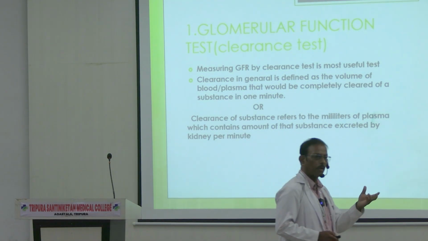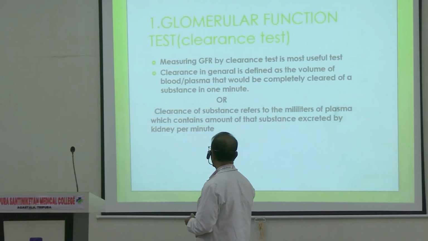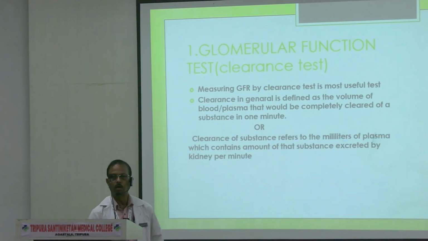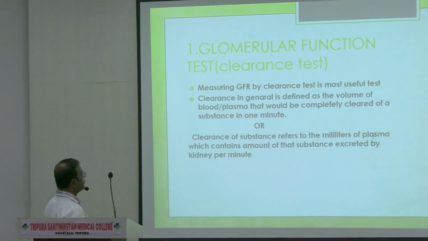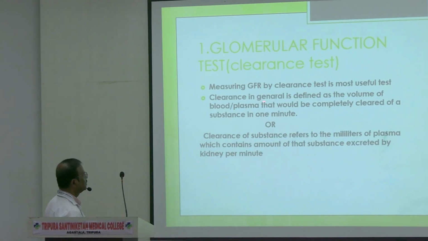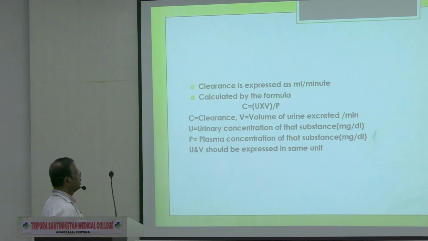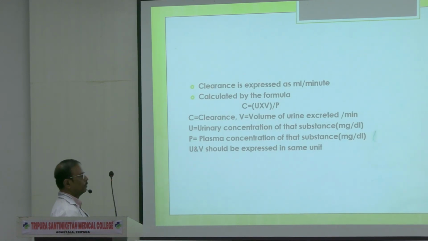In 1 minute, the amount of substance which has been excreted, this much amount which is present in the blood is the clearance of that substance. So the first one is easier. Clearance in general is defined as the volume of blood or plasma that would be completely cleared of a substance in 1 minute. Clearance is expressed as ml per minute,